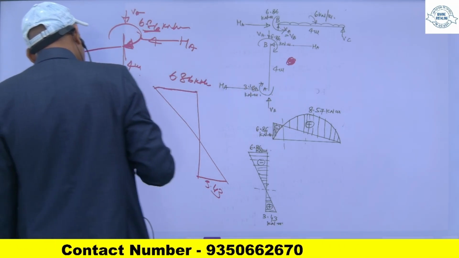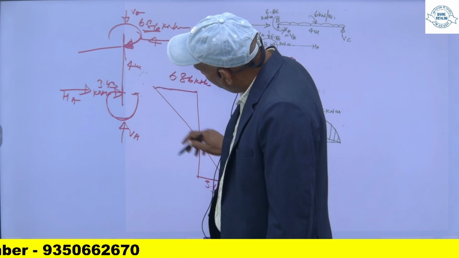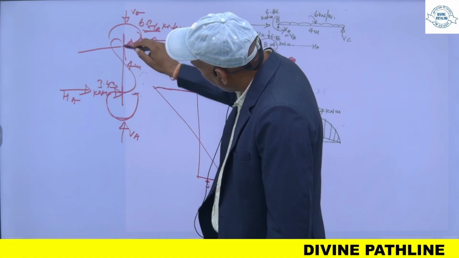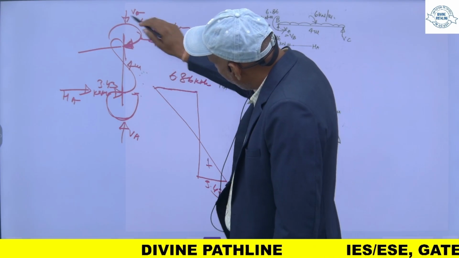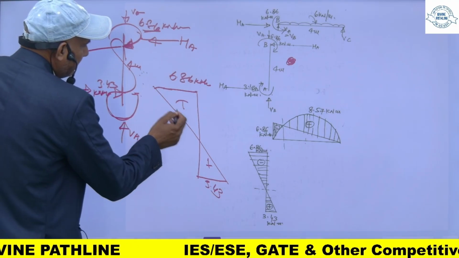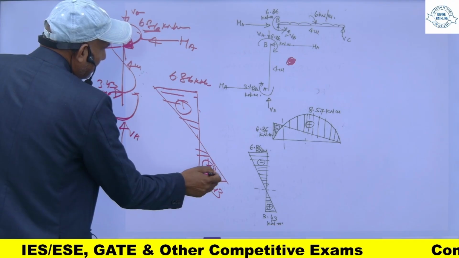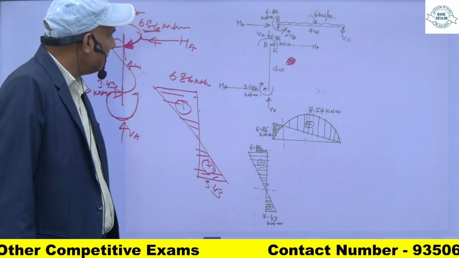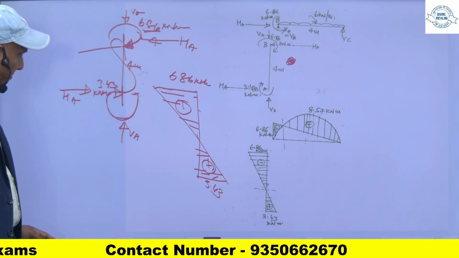अब अगर मैं यहाँ खड़े होके इसको देखता हूँ, तो ये सैग करेगा, ये पोर्शन मेरा क्या करेगा? सैग करेगा, ये इस तरह से कुछ होगा, ये पोर्शन मेरा सैगिंग हो जाएगा, सैगिंग पॉजिटिव, और ये हॉग करेगा तो ये नेगेटिव हो जाएगा। दिस इज पॉजिटिव, दिस इज नेगेटिव। तो ये इस पोर्शन का बेंडिंग मोमेंट डायग्राम आ गया।